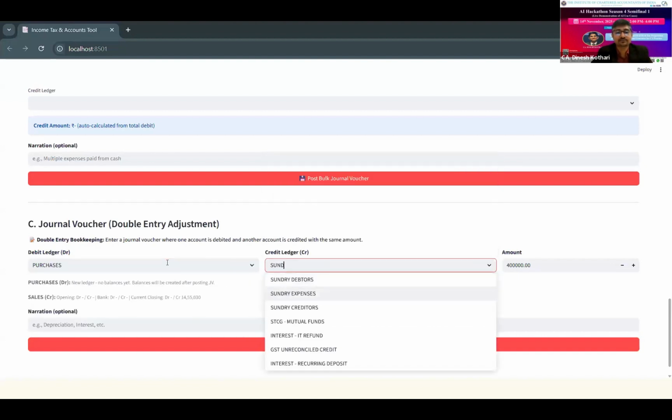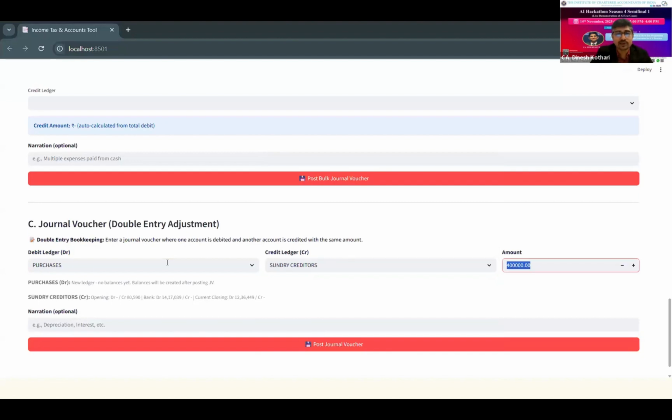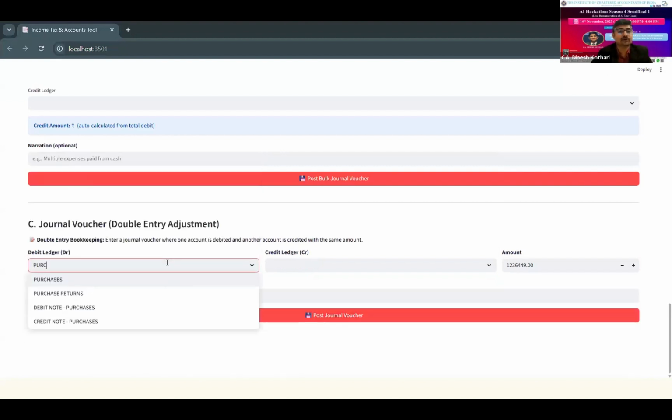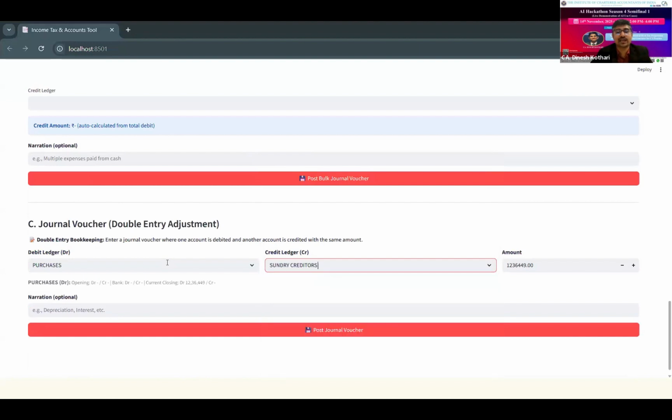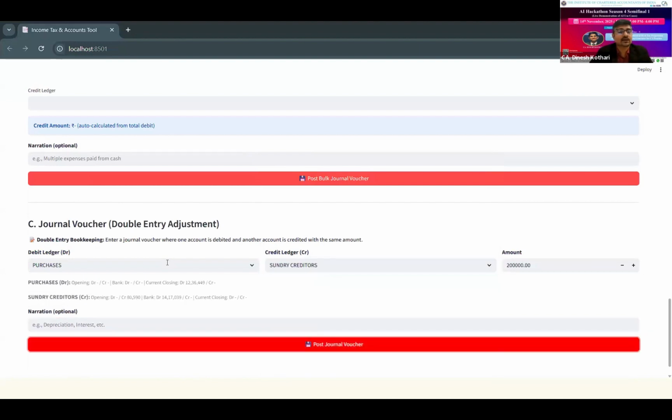Sundry creditors. So basically what I am doing, 1236. I am creating ledgers and posting ledgers. Same in the sundry creditors, it was informed that balance was 2 lakh closing balance. After that,